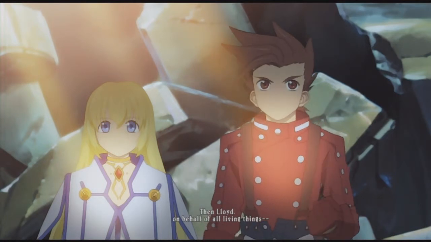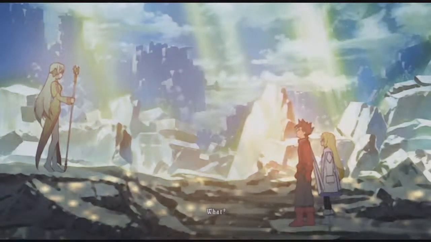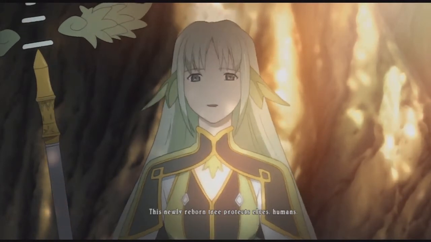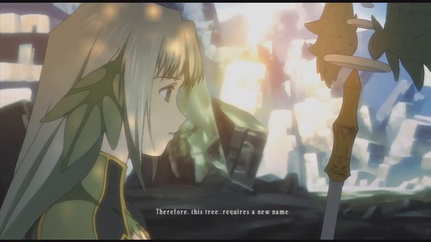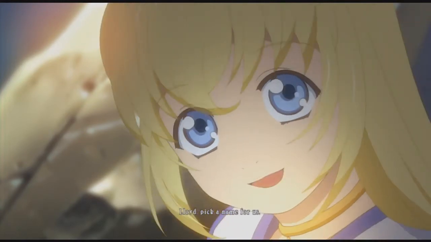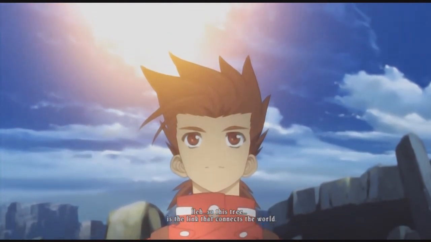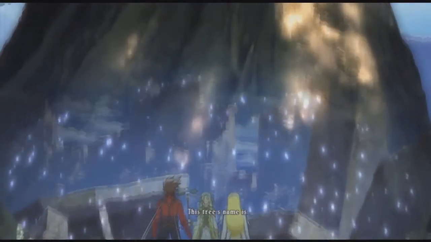Then, Lloyd, on behalf of all living things, I want you to give this tree a new name, as a proof of the pact. What? The giant Karlan tree was planted here by the elves when they first came, as a guardian to watch over and protect them. This newly reborn tree protects elves, humans, and the lives of all those who are caught in between. Therefore, this tree requires a new name. Lloyd, pick a name for us. A name for everyone's tree. So this tree is the link that connects the world. Okay, I got it. This tree's name is